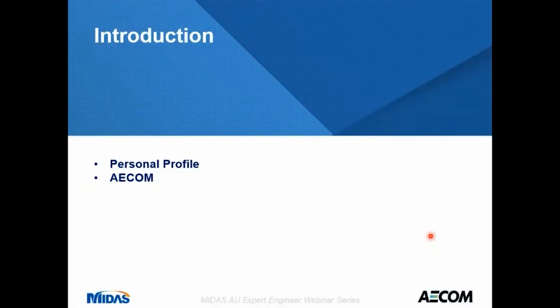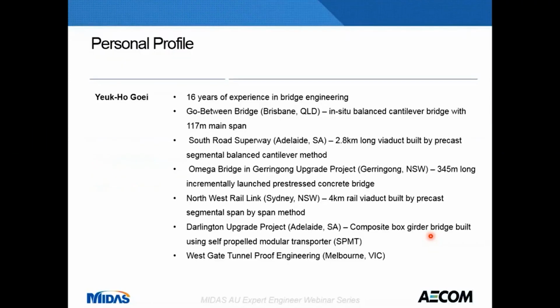Let me briefly introduce myself and my company. I have 16 years of experience in bridge engineering. I design bridges in projects such as Go-Between Bridge in Brisbane, which is an in-situ balanced cantilever bridge with 117-meter main span, South Road Superway in Adelaide, a 2.8-kilometer long precast segmental viaduct, Omega Bridge in Gerringong Upgrade Project, a